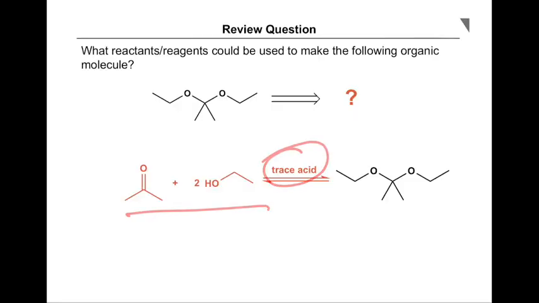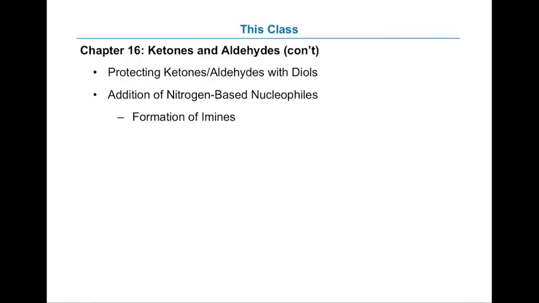You need trace acid. We just discussed a little bit more about the practicalities of this reaction. Okay, so this class, we're talking about protecting groups. And this is where that thing I just mentioned is really important. You can use protecting groups to deal with the carbonyls. What we're doing here is we're using the alcohol as a way of borrowing reactivity or protecting a carbonyl.